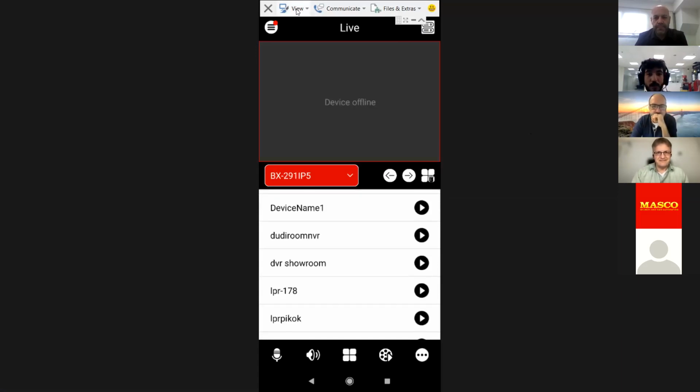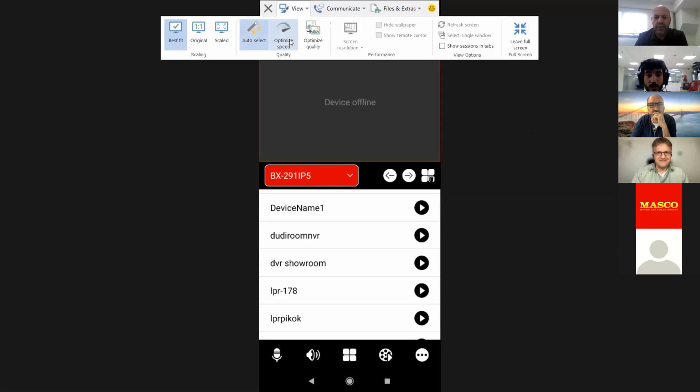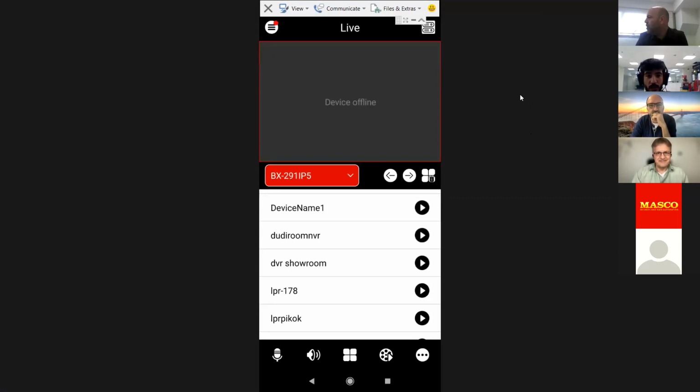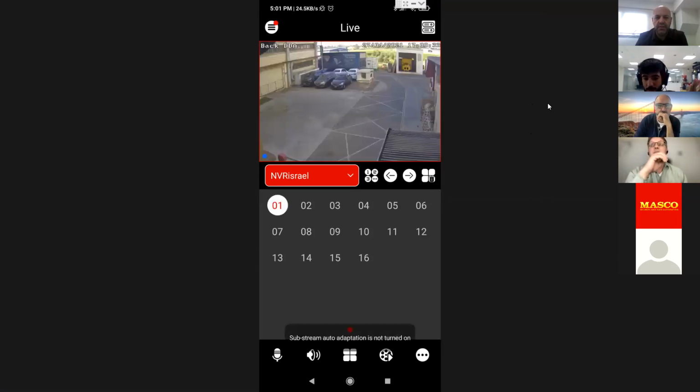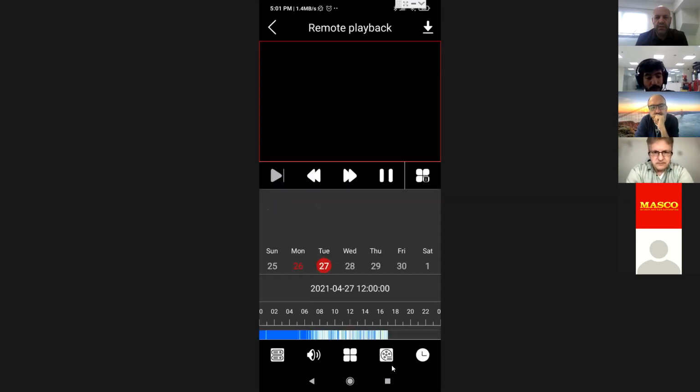Okay, thank you. Let's go to the view. I will just make it for optimized quality so we can see the actual quality of the images. So I will skip the basic explanation about the application. What we can see is, of course, a live view, which exists right now at the moment from the application. If you want to straight away access our playback, all we have to do is go into the playback right here on the bottom. Okay, from the playback,